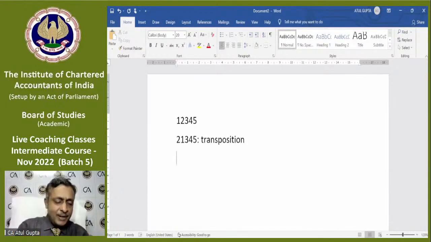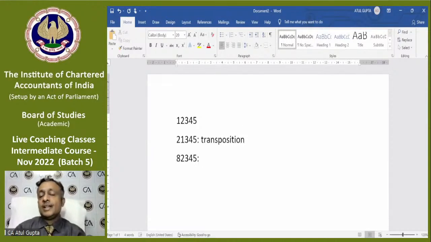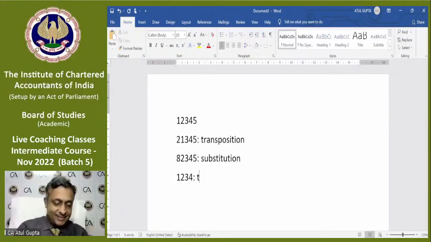I can enter this number as 82345. This is called an error of substitution. I've replaced a number. I can enter this number with a digit missing, this is truncation. I've reduced. I can enter the number as